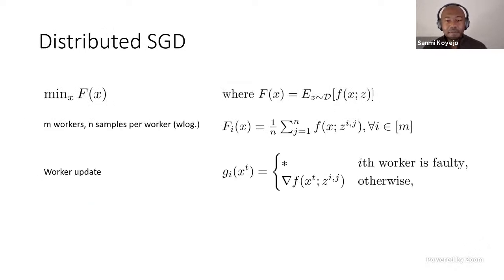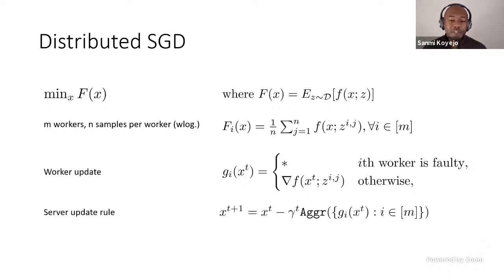Specifically, I'll speak mostly about distributed SGD and maybe quickly touch on federated learning settings, a very similar kind of setup, with M workers and N samples per worker. The workers, if they're correctly participating in the iterations, send the gradients. If they're faulty, the server has no control over what is sent back from the different workers. And the server's job is to aggregate the results and then take a step in the direction of